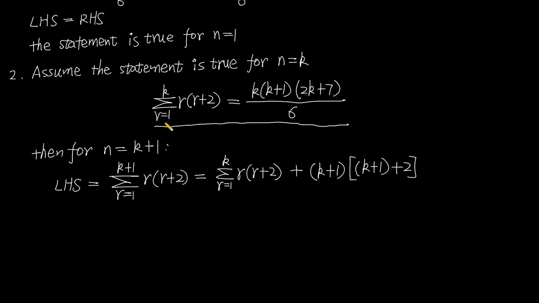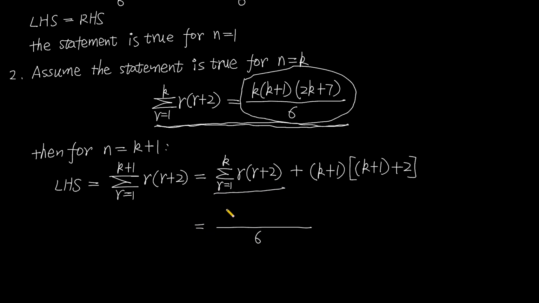Now because we assumed the statement is true, we can use it to replace the sum here. So this equals k(k + 1)(2k + 7) over 6 plus (k + 1)(k + 3). Then this equals